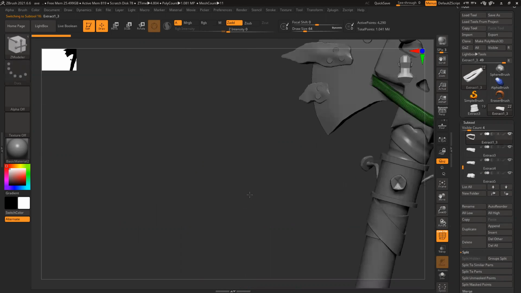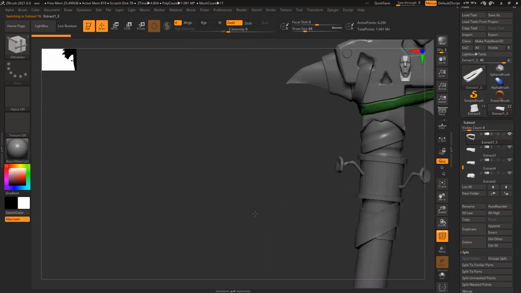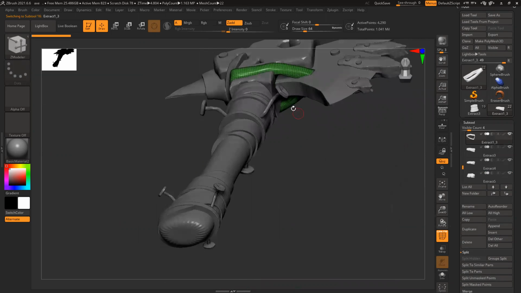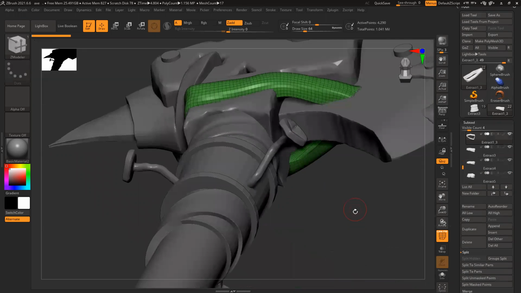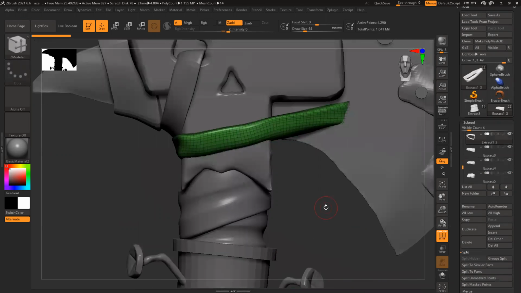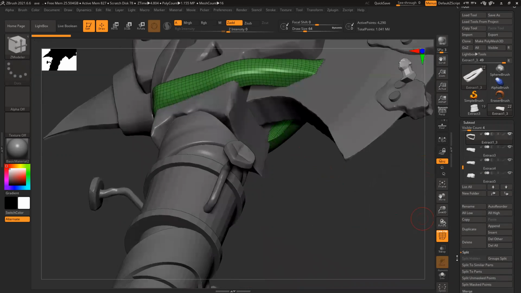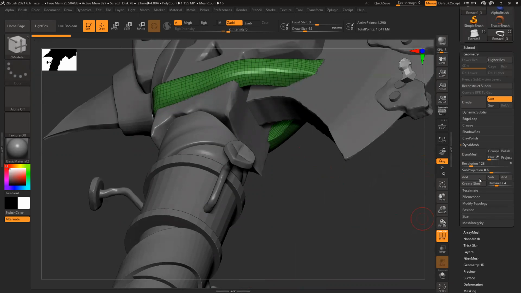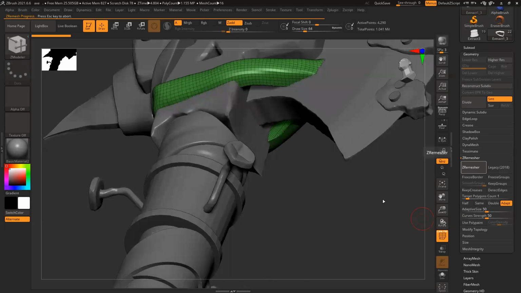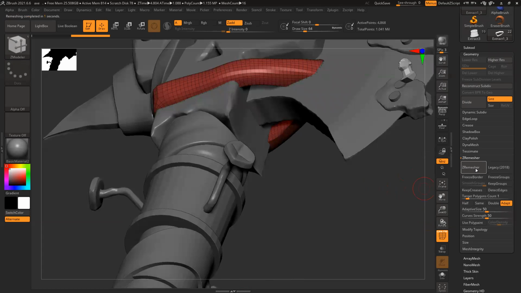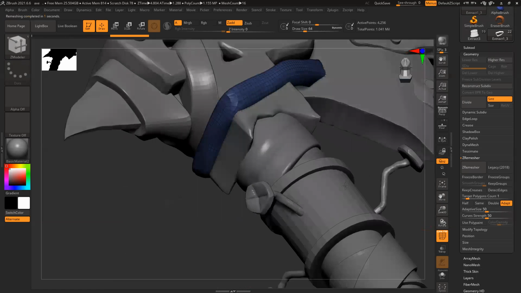Now this thing, I have a thickness. Now to fix the mesh geometry, Z remesher, remesh the model. You can apply multiple times to get a clean shape.